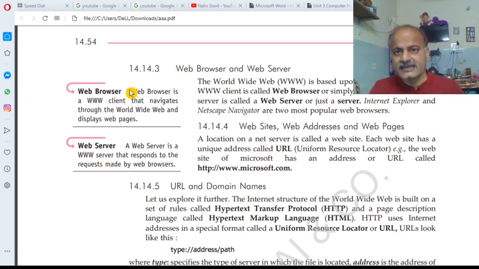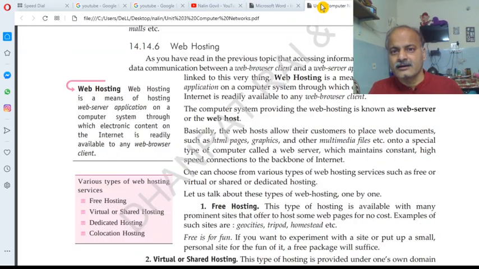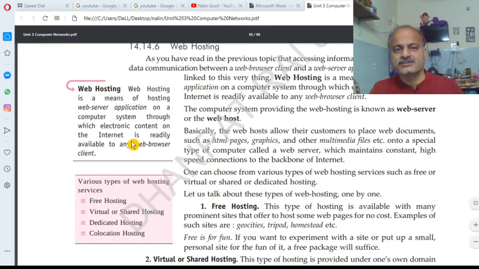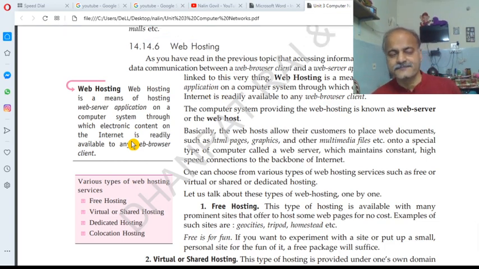So, once again, coming back to our topic. The topic is web hosting. Now, what is web hosting? As you know, if we make a website, we cannot keep this website in our computer system, because our computer system is not a server. Nobody can access your website from your computer system. So you can keep your website in any place. That place is only the web server.